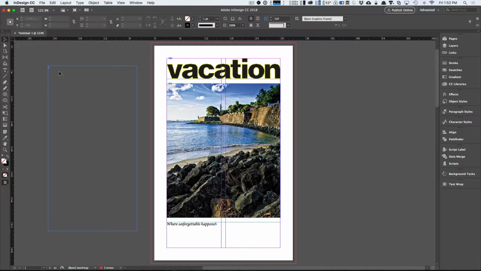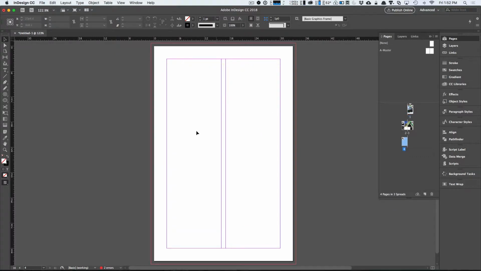And then I can delete this text box. Now it's important that we don't leave anything that is not needed on the pasteboard. All right, so all I need to do now is deal with this last page, which is the information or